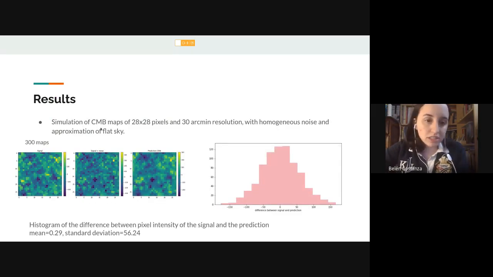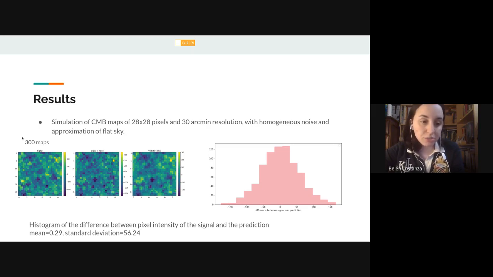So first we simulated CMB maps of 28 by 28 pixels and 30 arcmin of angular resolution. We simulated the angular power spectrum of the signal and the noise with CAMB, and with this we made the simulation of the maps with HEALPy. We used the approximation of flat sky and homogeneous noise, in which the noise is the same for all the pixels. So we trained the neural network with these maps,